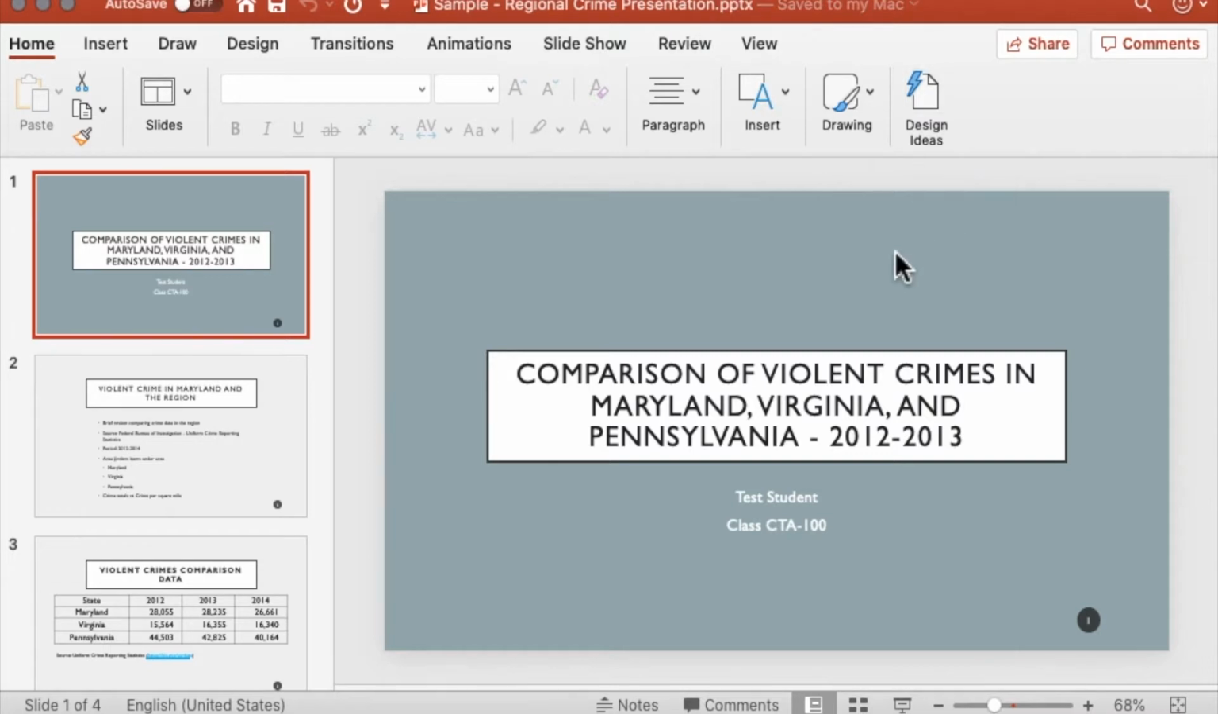This is Microsoft PowerPoint. It has a very similar layout to Word and Excel. You have Home, you have the Review area where you're going to do spell checks, and different formatting options. The first slide is called a title slide, and here it has a title of the work that you're